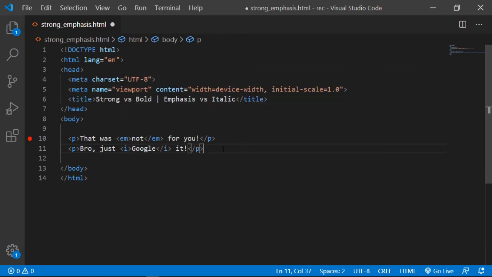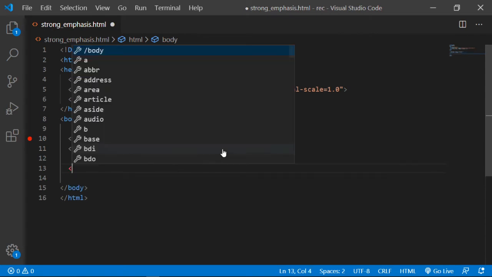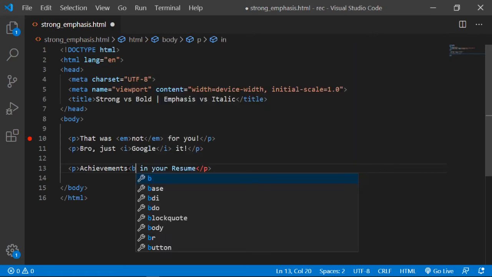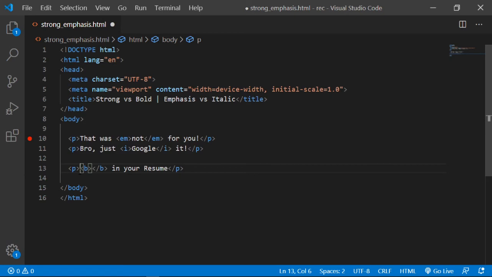And similarly, I'll do some for the strong as well as bold tags, and inside of the paragraph I'll type in achievements in your resume, and I'll wrap my achievements inside of the bold tag as we saw in the previous one. So I'll cut this and paste it in here,